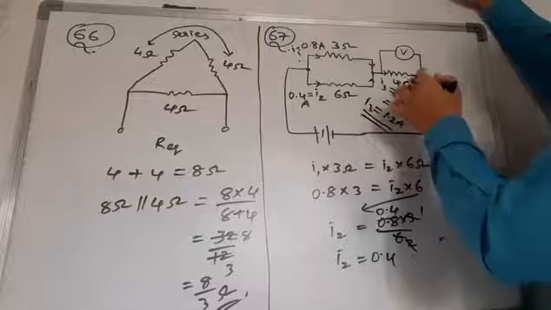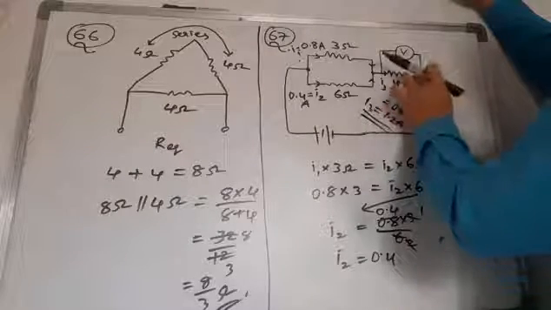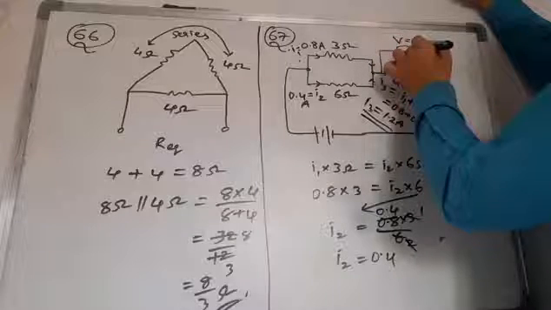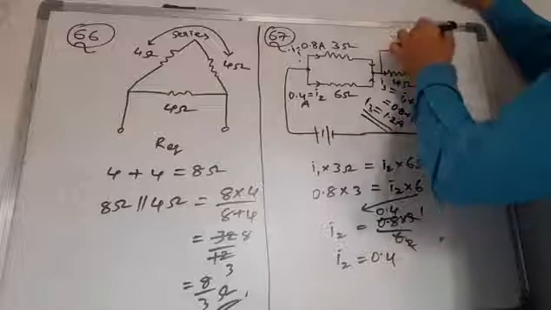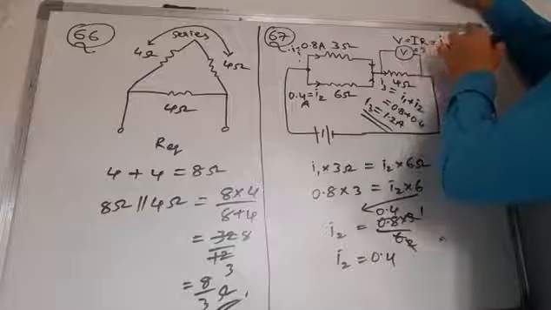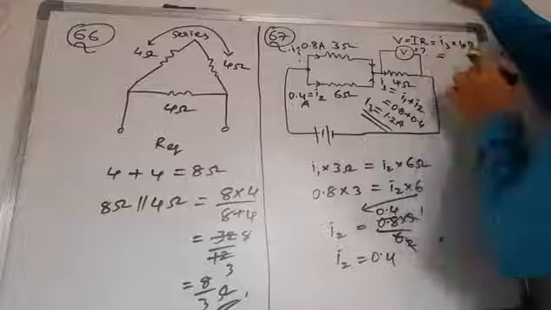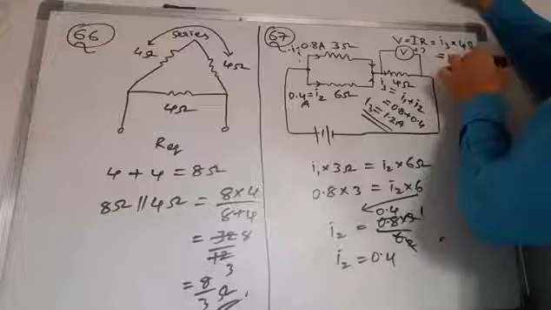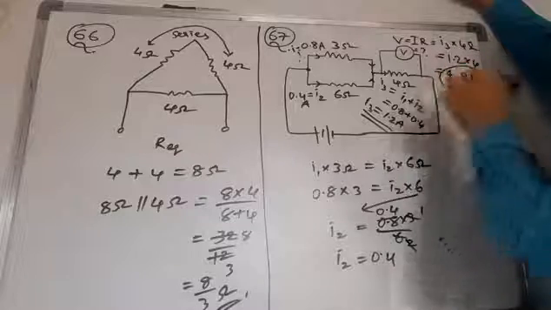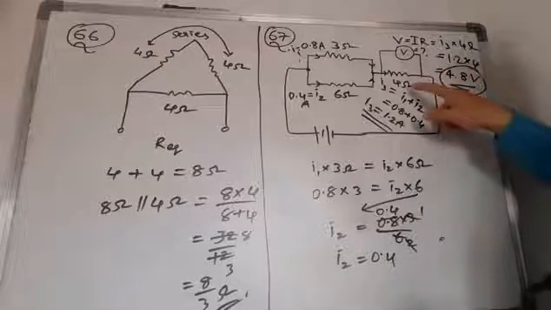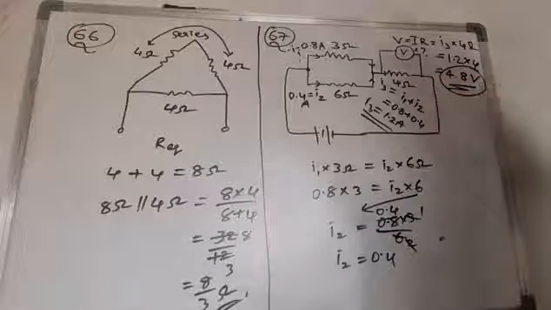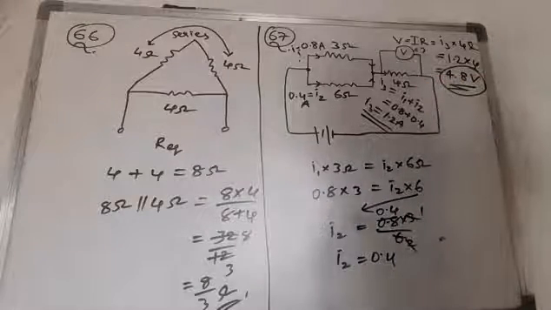You know the current, you know the resistance, we can easily find the voltage. So here we have to find this V value. V is equal to IR. From this we can write I3 into 4 ohms. So that is nothing but 1.2 into 4, that is equal to 4.8 volts. 4.8 volts is the potential drop across 4 ohms. Like this we can calculate.